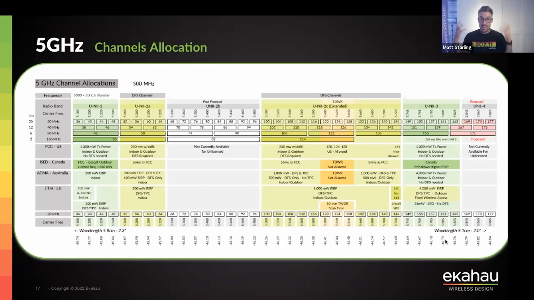Then your client devices go, what do I do? Do I follow this access point onto the new channel, or do I look for another access point to associate to? Have you got enough secondary coverage in your environment to find that other access point? But bear in mind, going through all of this process, you're on a voice call, a time sensitive call. Your call's probably now dropped. You're missing some of the conversation that's happening. So it's one of the things you've got to watch out for when it comes to 5 gigahertz,